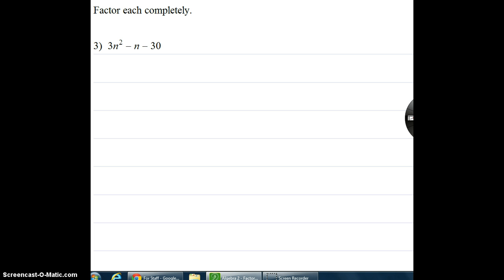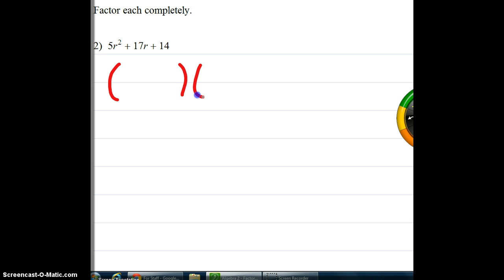So my next example, I have, again, a coefficient in front. So know that it's going to be a little harder. It's not just the factors of 14, but we have to take 5 times 14. So 5 times 14 is 70. And then our idea is still the factors of 70 that add up to 17. So again, what are the factors? Numbers that multiply to be